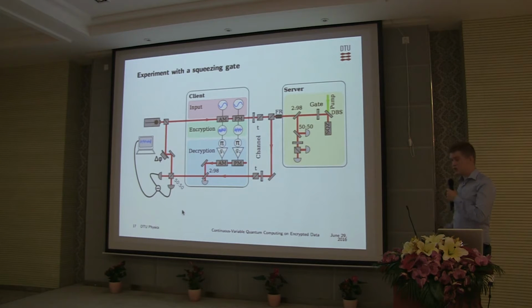And this time her decryption operation is also a little bit different, in the sense that she has a separate beam that is also modulated in the same way as the encryption was, but with a phase shift and some differences in gain depending on the squeezing operation that is known to you, because as the client you request what type of gate you want, and you know the properties of it. You interfere these two, and you lock them so that your cancellation or your decryption is optimal. And then you proceed to the detection case.